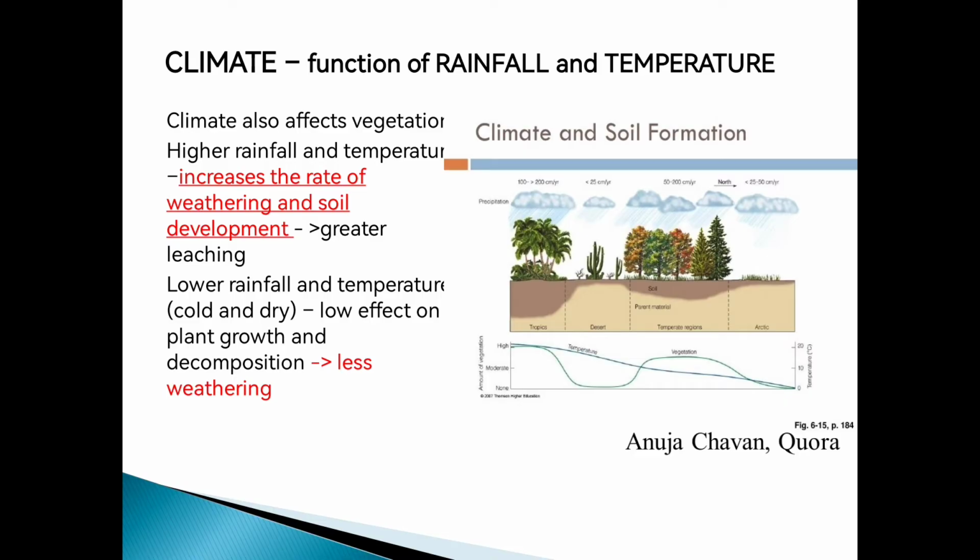So may area sa Pilipinas na masyadong maulan at saka mainit. Meron namang areas na maulan siya pero medyo malamig. Meron din namang area na malamig at saka maulan. At saka meron ding area na mainit at saka hindi masyadong umuulan. So in those areas, sa iba't ibang provinces ng Philippines, you can expect there different kind of soil, even though we are in one tropical region. Because we have different types of climate.